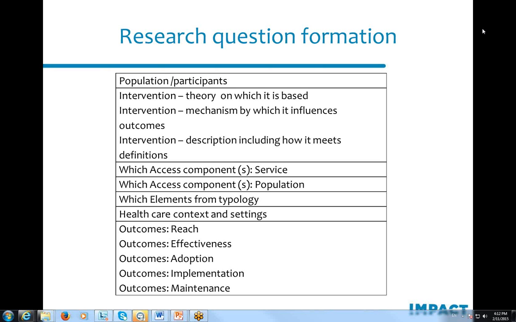Next, of course, we want to understand what innovation the LIPs are interested in getting more evidence about from the literature. So we've attempted to provide some prompts to help us understand just what it is that we want to look at in the literature review, what kind of intervention. So the theory on which the intervention might be based, if that's known, there may be a theory related to a particular approach or the use of a particular provider or a particular intervention. The mechanism by which it influences outcomes,